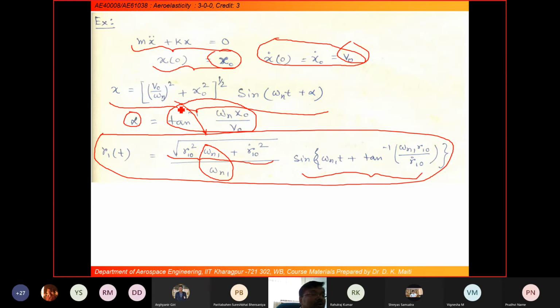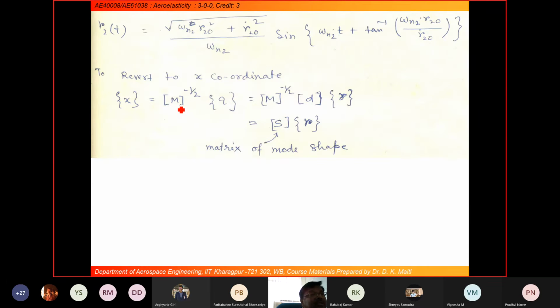Okay. So when we have only the mass matrix and stiffness matrix, usually this phase angle will be 90 degrees, because damping is what introduces a change in the phase angle. As there is no damping considered in this system, we will not get a phase angle other than 90 degrees. So we will get alpha equal to 90 degrees for all these conditions.